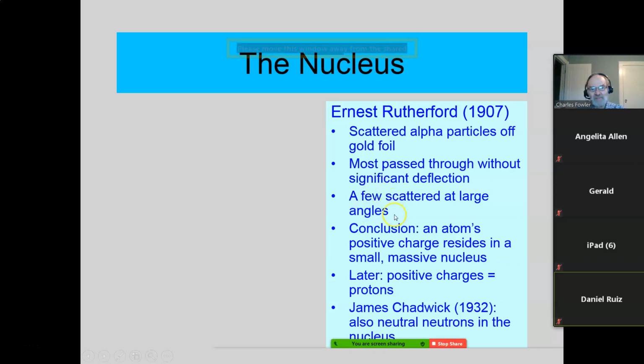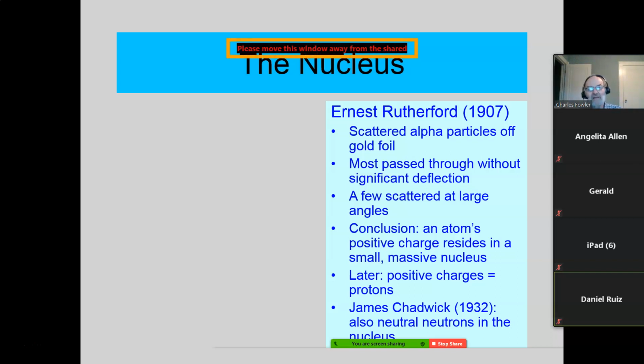What is his conclusion? That an atom's positive charge resides not in a mass of plum pudding or the dough in a raisin bread, but in an incredibly small but incredibly massive nucleus. Now, those sound like two wrong words, that they contradict each other. Small meaning small in volume, massive meaning very massive in, if you'll pardon it, weight, but it's really mass. Incredibly large mass, incredibly small volume,